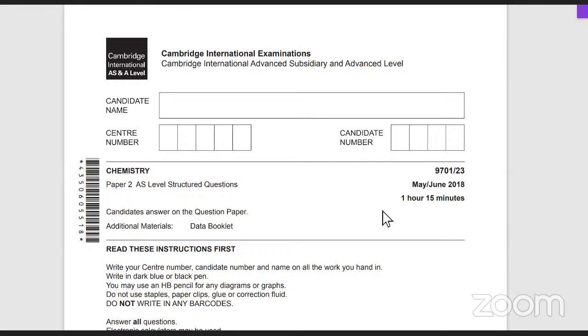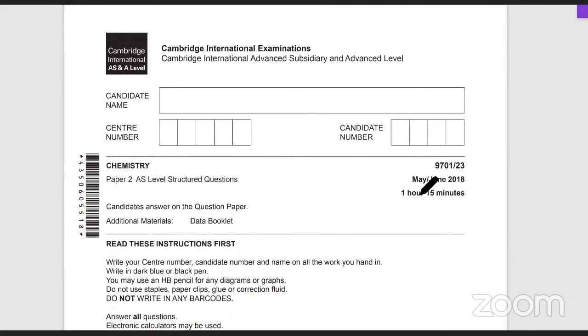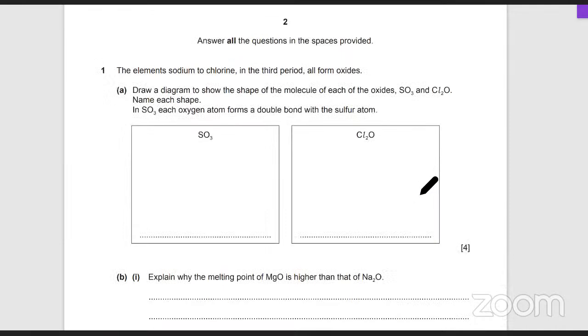चलें, बस स्टार्ट करते हैं। ये कौन सा है? दिस वन इज पेपर 2-3, ठीक है, समर 18, ठीक है। सो दिस वन पेपर 2 पे से